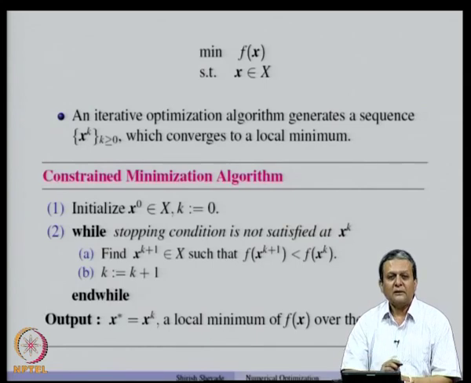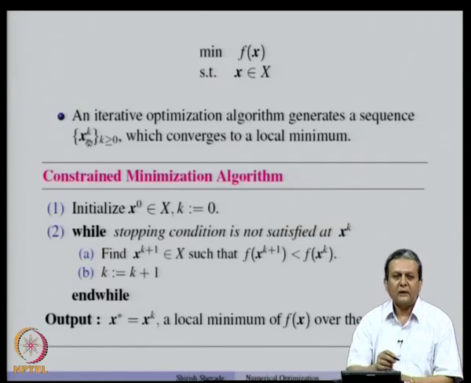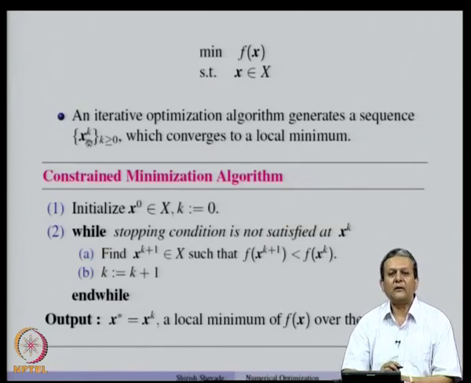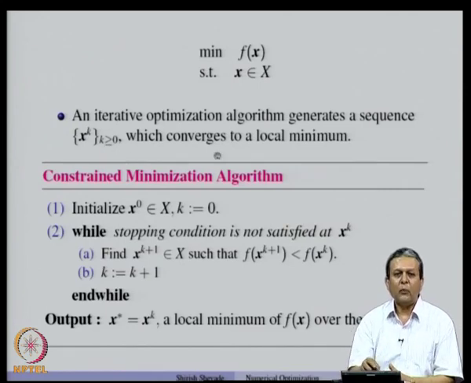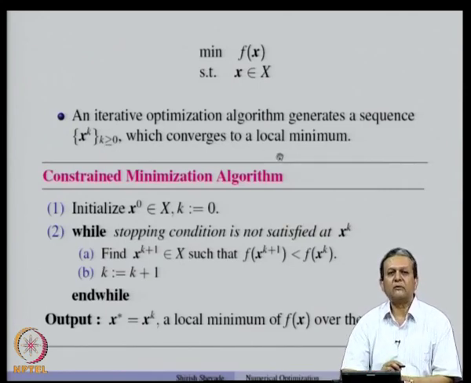The reason why I said that this is typical is that there could be some algorithms which not necessarily ensure that xk lies inside the set X, but when the algorithm converges to a local minimum, the point of convergence will be in the set X. So, those are the different types of algorithms, but the typical algorithm would look like this,